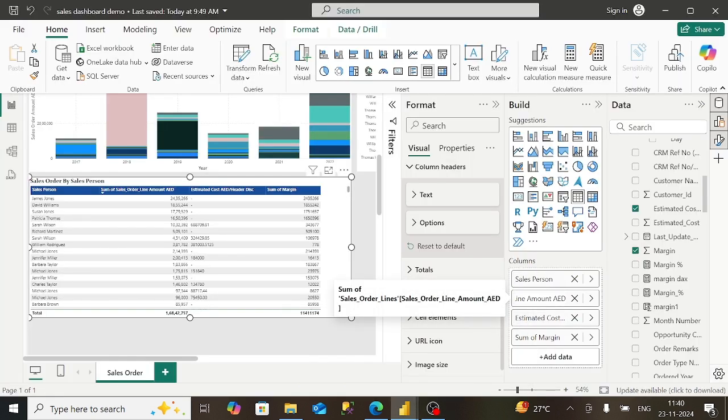So we'll change the name to sales order amount AED. Enter. After this, we'll have estimated cost, and we'll also change the name to margin. After changing the name of all the four columns,